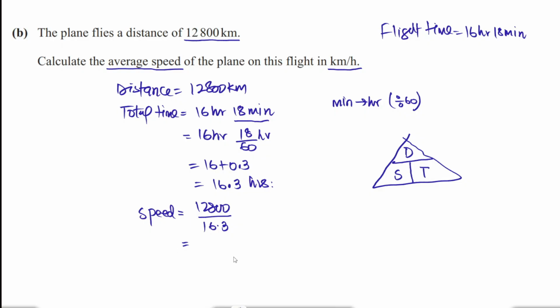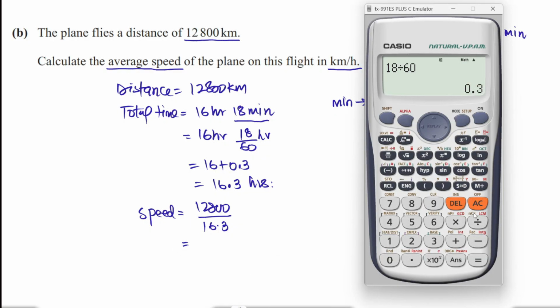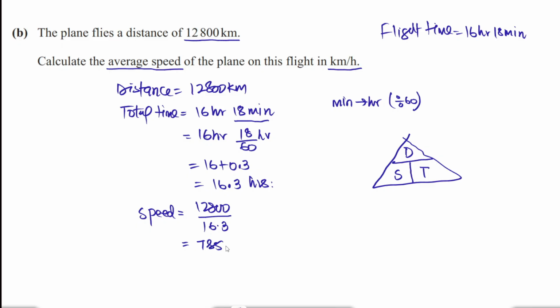So if you divide distance upon time, 12,800 divided by 16.3, it is going to give us 785.276. And if you give your answer up to 2 decimal places, let us assume, so 785.2, because the last digit is 5, 6, 7, 8, 9 out of these. So hence we'll remove this and add 1 to the previous one,